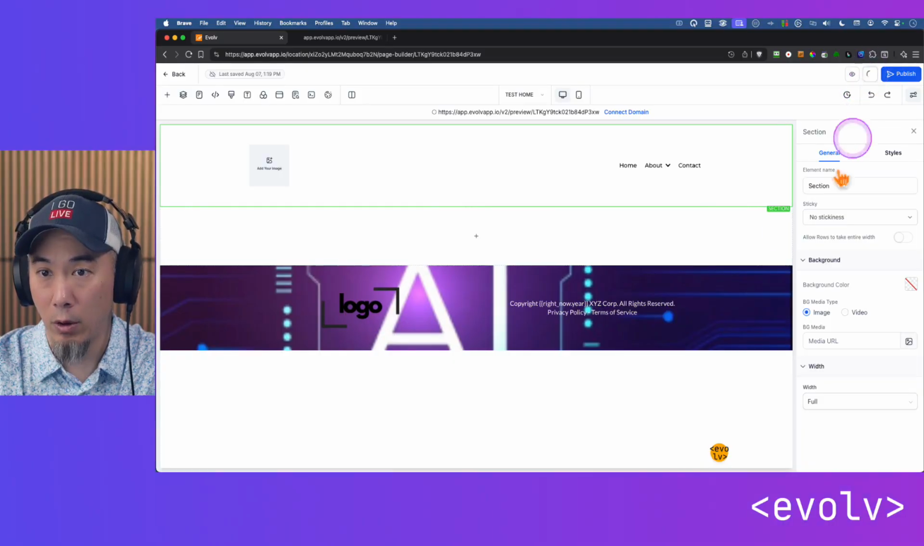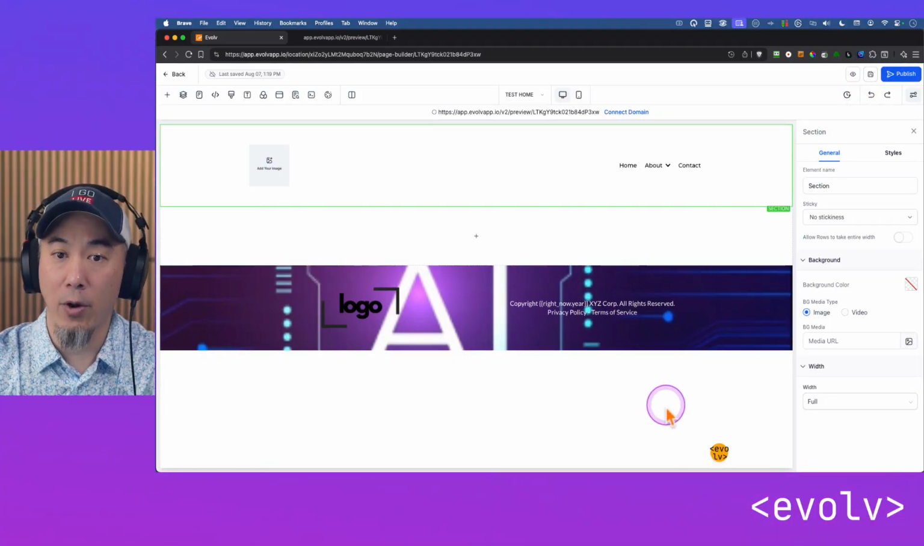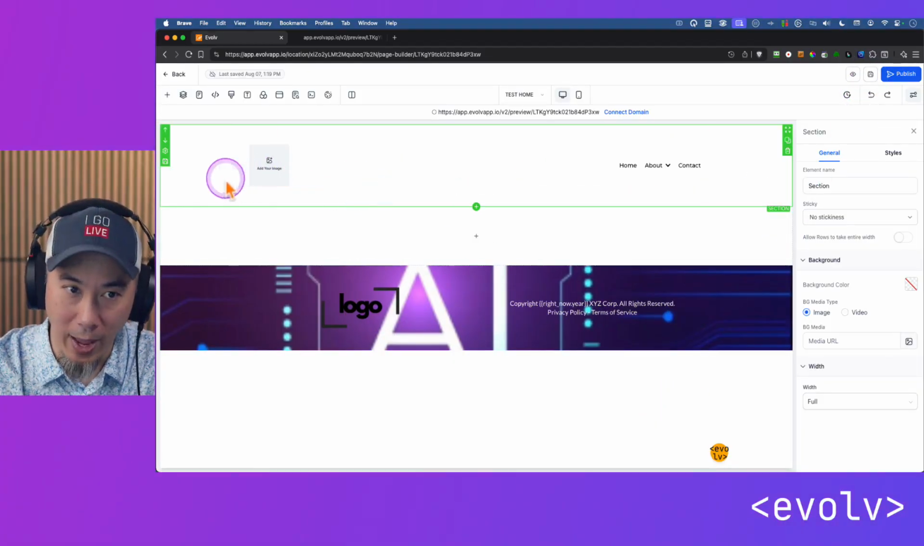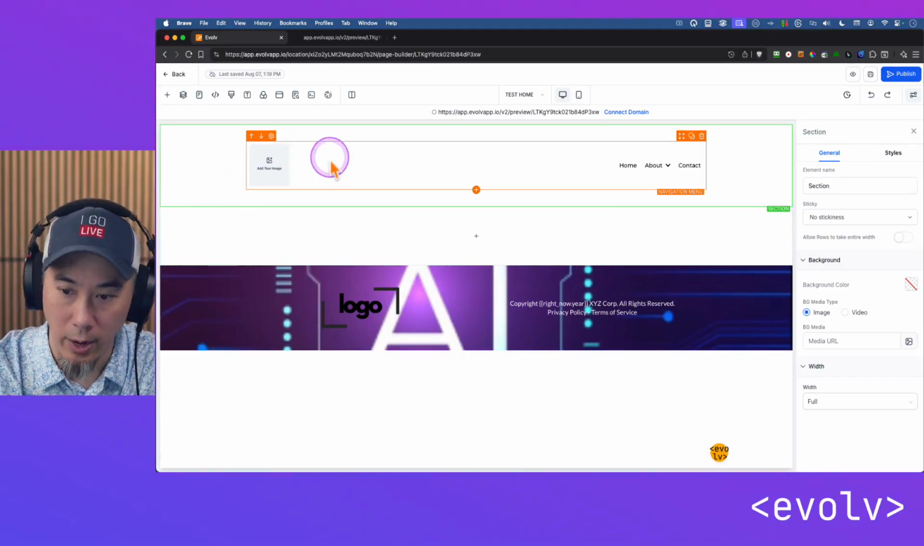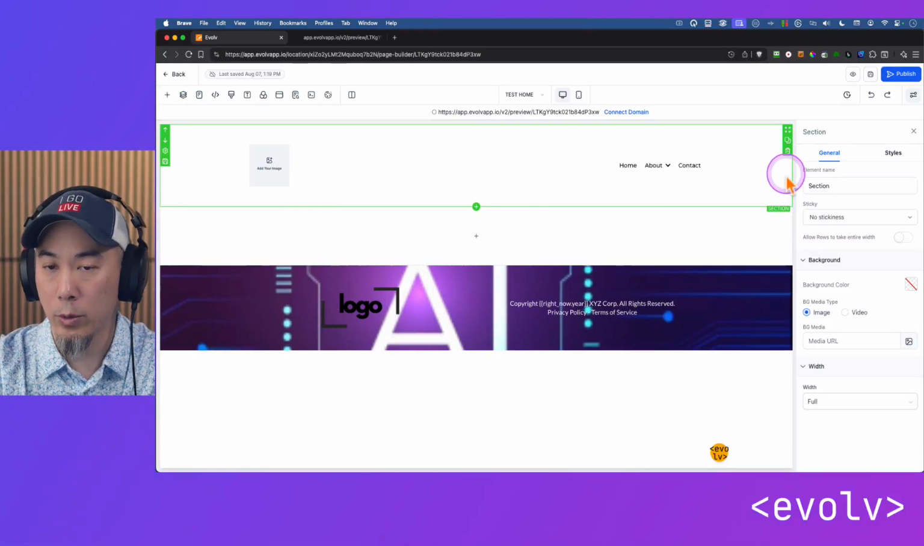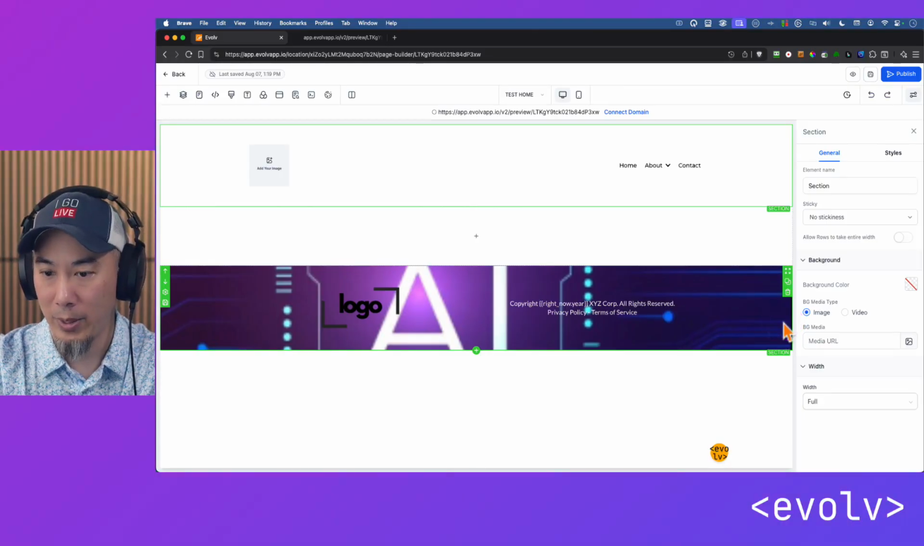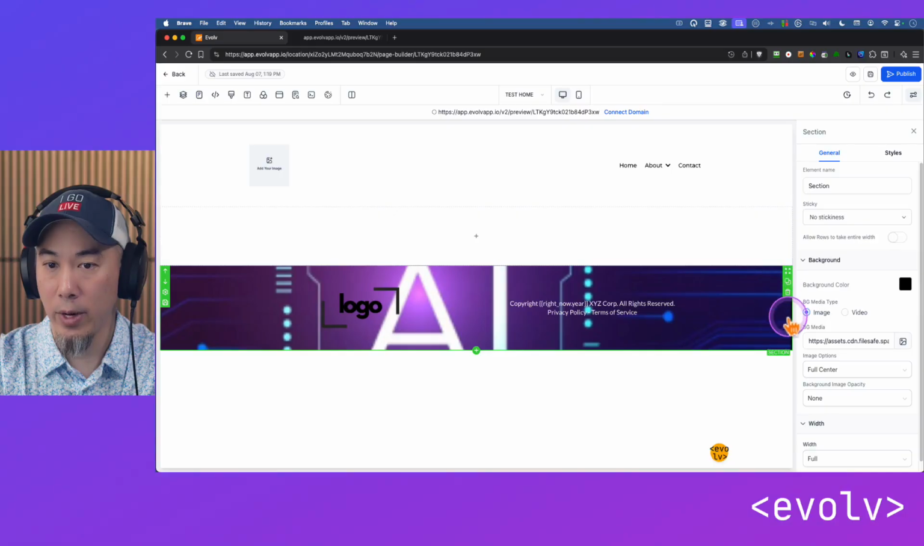Now the question though is, well, Daniel, if I create new pages, do I have to keep adding another section for the header, another element? Blah, blah, blah? No, what we're going to do is we're going to save these items as global or universal elements. Okay, so the footer, I'm going to select on this green box, and you'll see here at the left side, there's a little